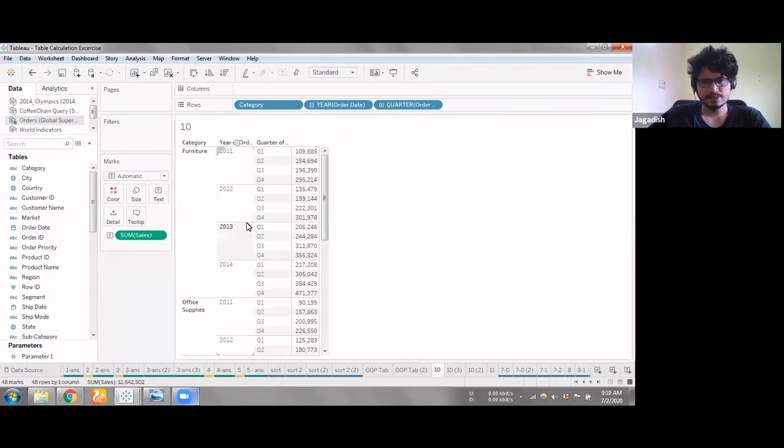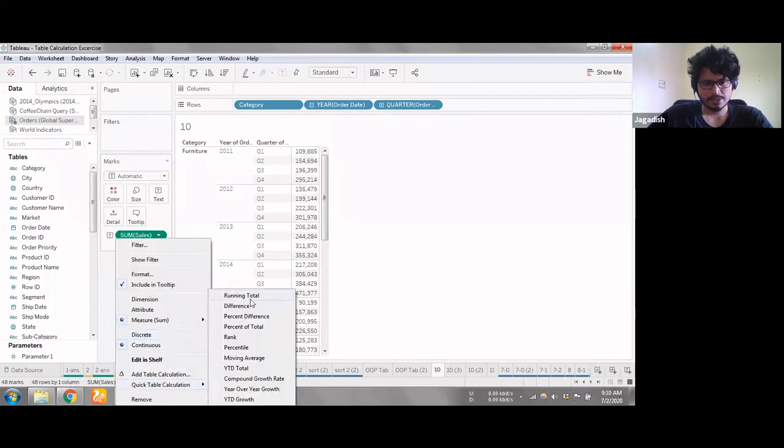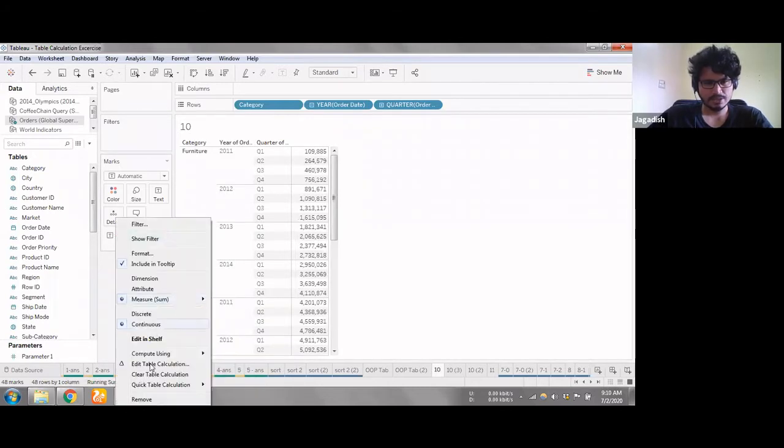Quickly see. Given the table that I have on the sheet, let's say I want to get the running total calculation. I'll quickly do the quick table calculation running total, and I'll change the compute using pane now.